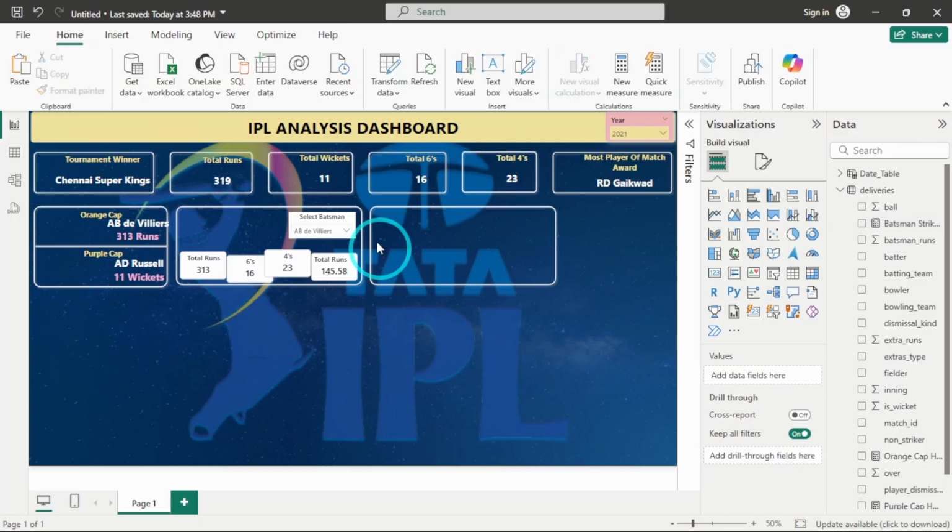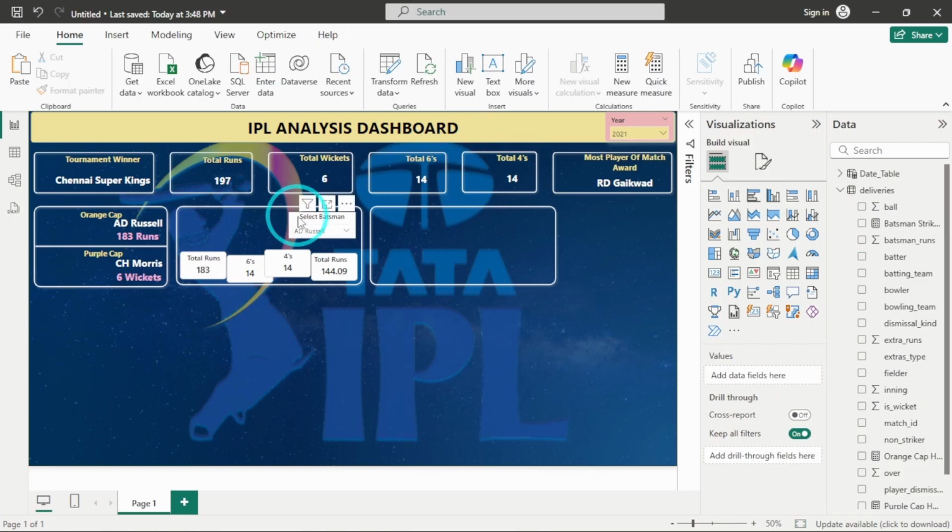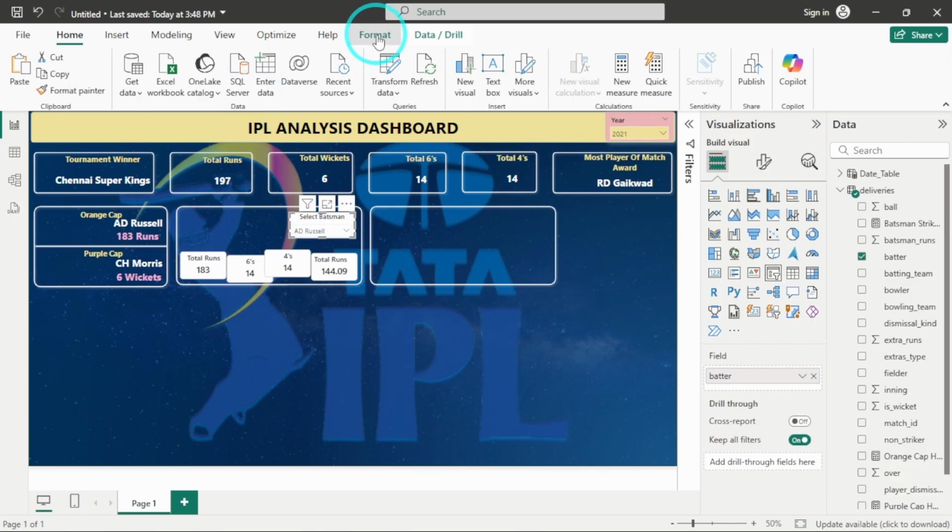Now, if you are selecting some other batsman, you might notice that all these other numbers are also getting changed. But we don't want that to happen. So what we will do is edit the interaction of this filter with all these other KPIs. For this filter, only these 4 metrics or KPIs which we have added should get changed, but not all these other things. So we will select this filter,